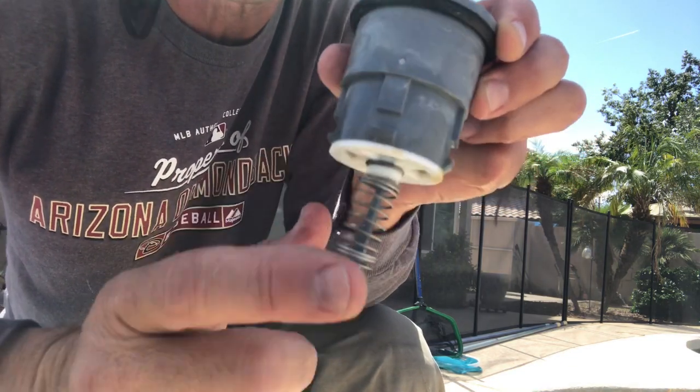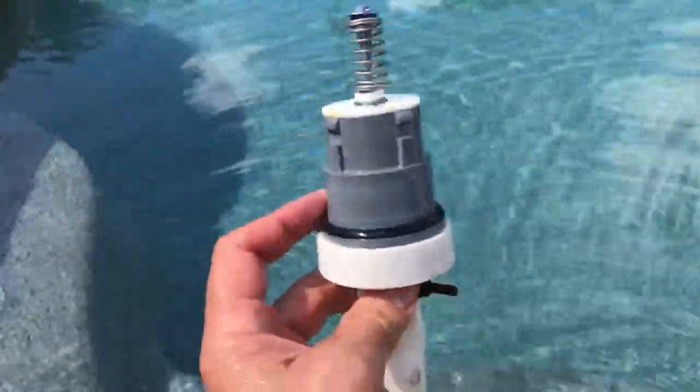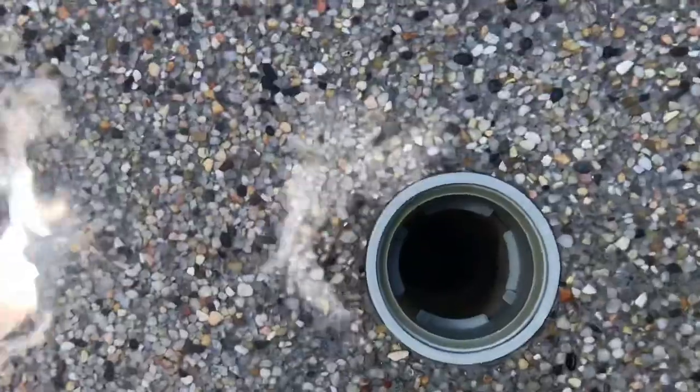Now we're going to pretend this is a new pop-up head, and we're going to put it back in the pool. All right, so I've put my pop-up head into the prongs in my tool, and then you'll notice that pop-up, the opening down there, you see those little spaces in between that those little tabs fit into. So I'm going to fit it down inside of there,